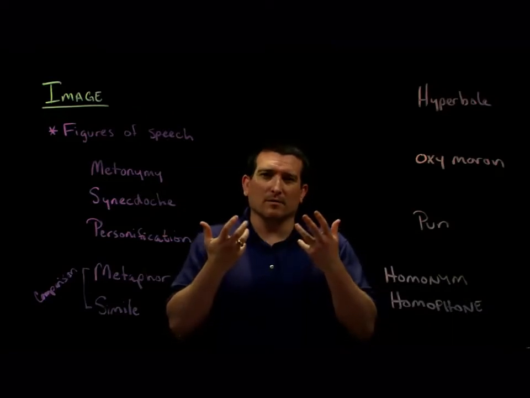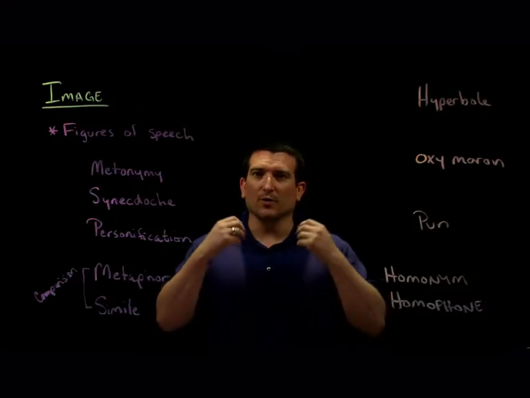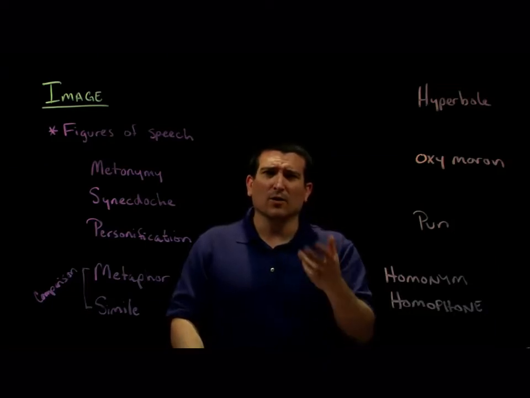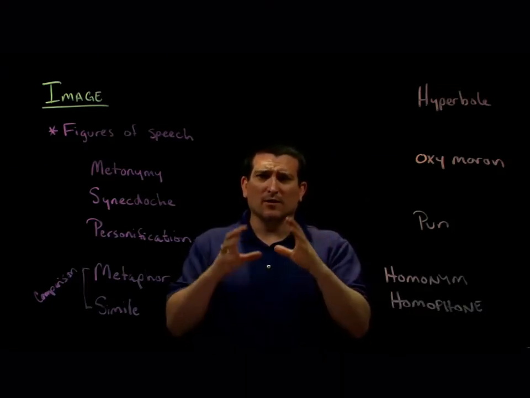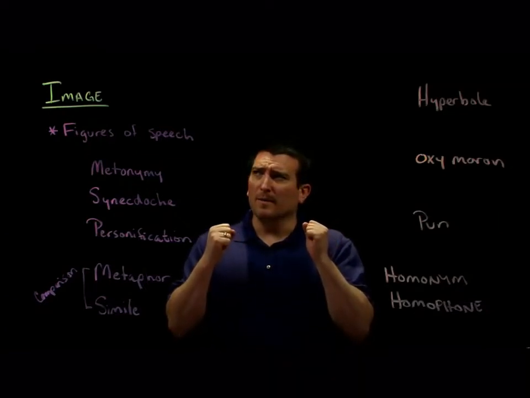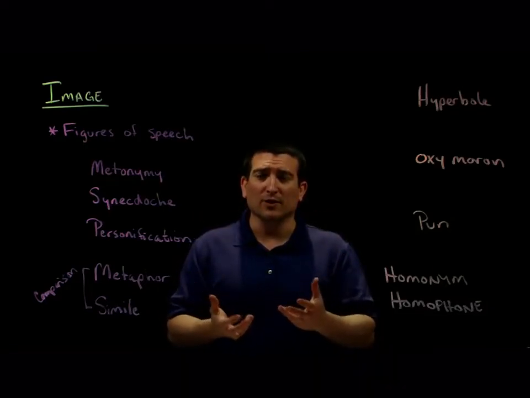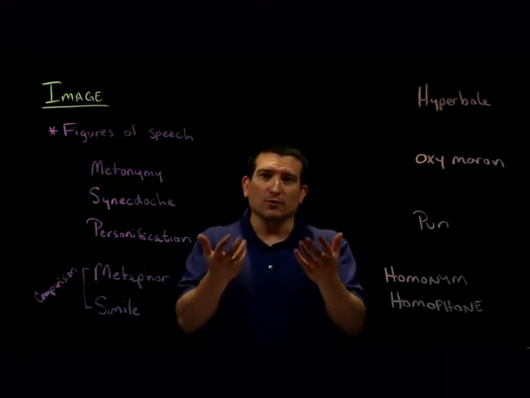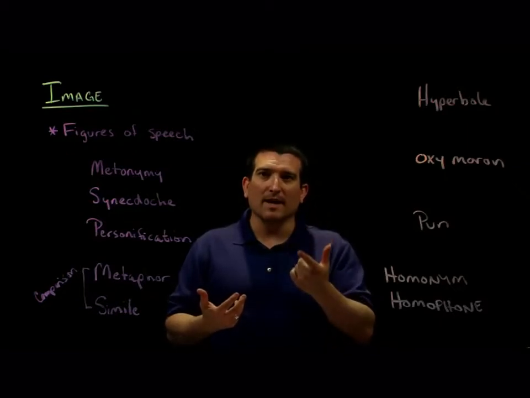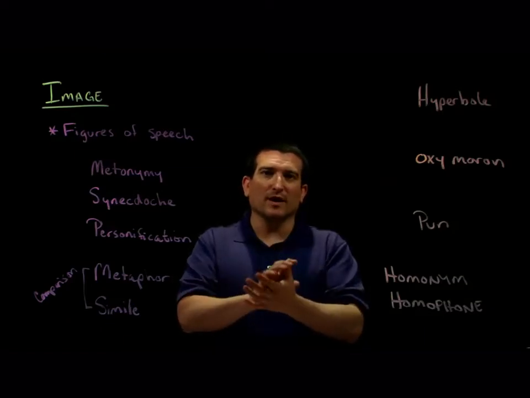Well, images really relies on us to paint a picture with sensory perception, okay? So you're showing us images, you're giving sights and smells and letting us hear what's going on, sound. All of these different sensory inputs allow us to paint a picture for our audience. It's really important to do this because this is how the human brain is wired to process information. We are programmed to bring in information through our senses: sight, sound, smell, taste, touch. And all of these senses work together to give us an understanding of the world that we're operating